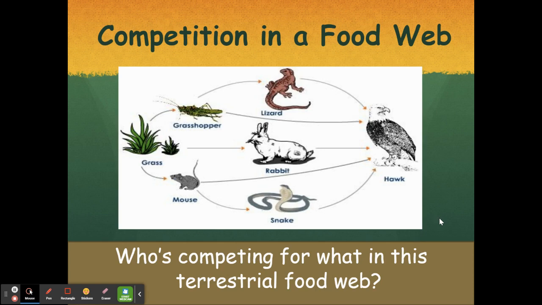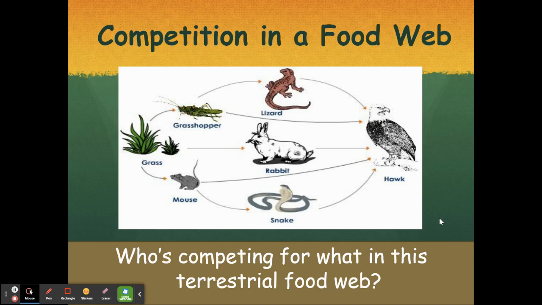So these arrows are showing you which way the energy is going. Okay. So you can see from the grass, the energy is going from the grass to the grasshopper, to the rabbit, to the mouse. Okay. And it gets there because those three things eat the grass. Okay. Now,